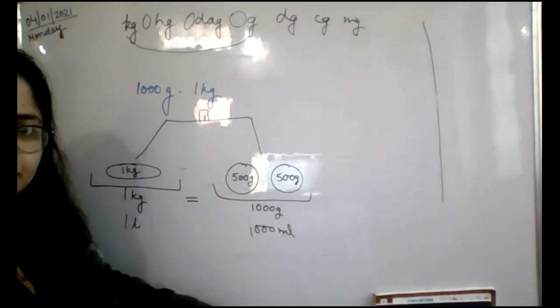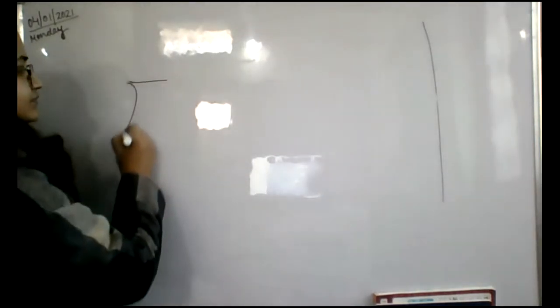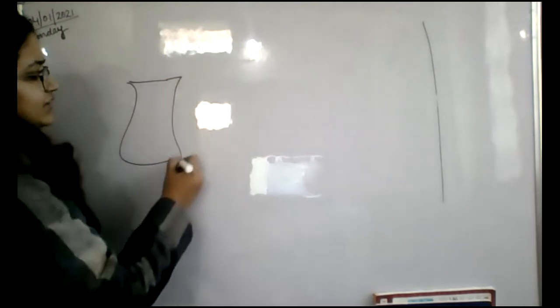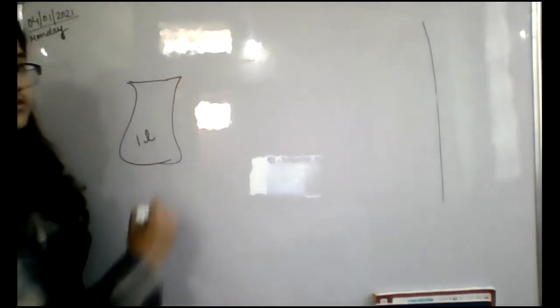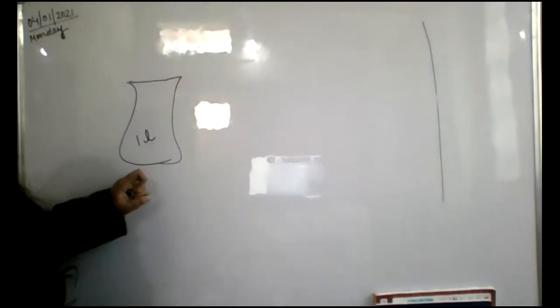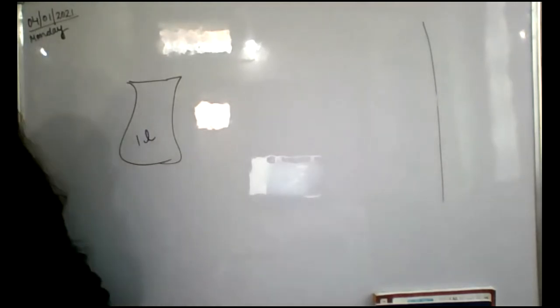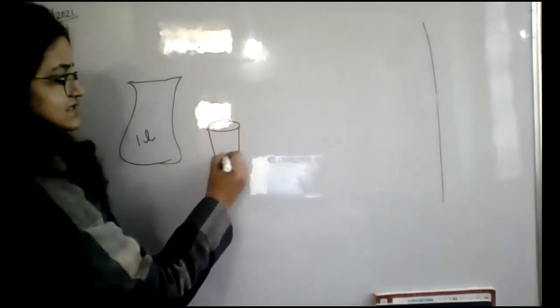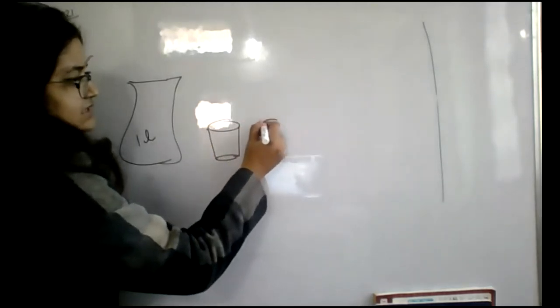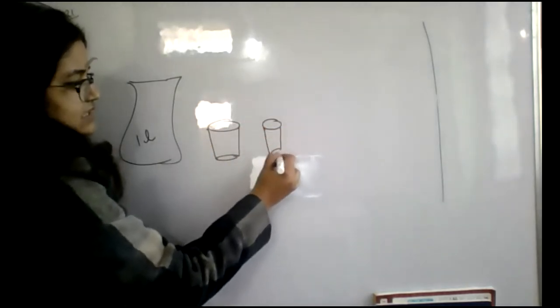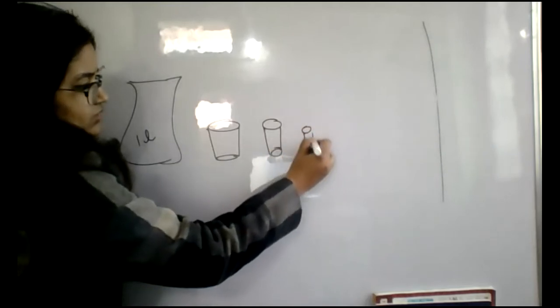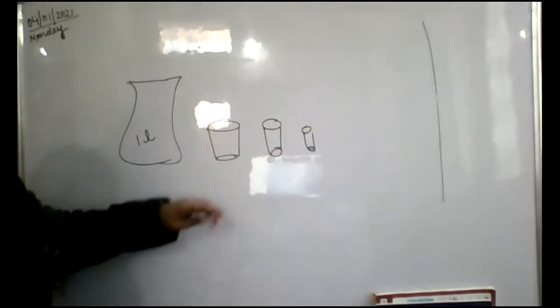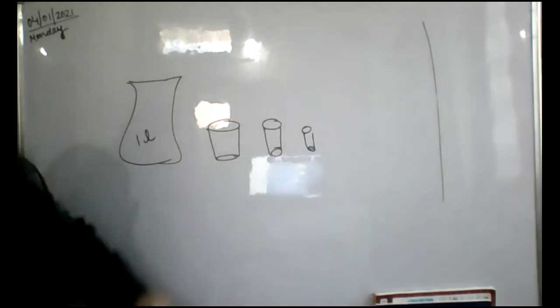That will be pause. A glass of it. What happened? You have a jug or a water bottle you can take. If this water bottle or jug is of 1 liter. Okay. Now I am giving you one glass, different sizes of glasses. One glass, smaller glass, bigger glass and smaller glass. They have different ml of water.